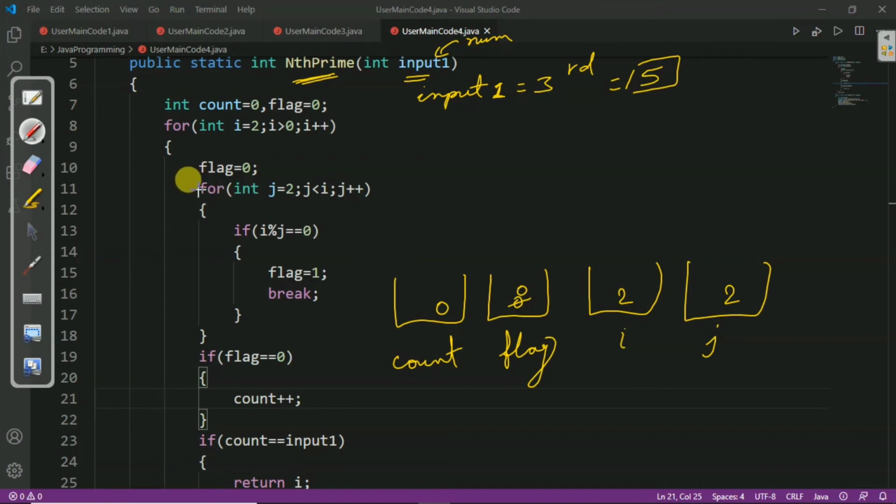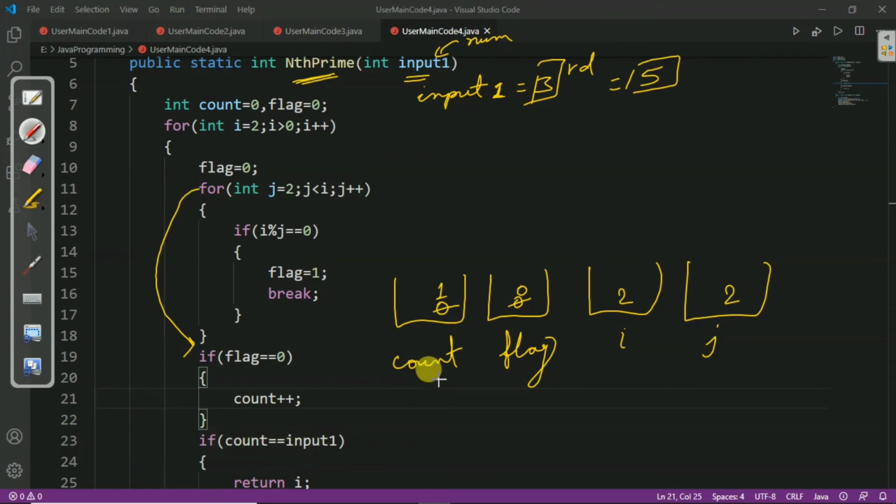So we will come out of the loop and we will check the condition if flag equal to 0, and here we can see that flag is equal to 0, so we will increment the count, and now count becomes 1, and after that we will check the condition if count equal to input1, and here we can see that our count value is 1 and input1 is 3 which is not equal, so the condition is false.